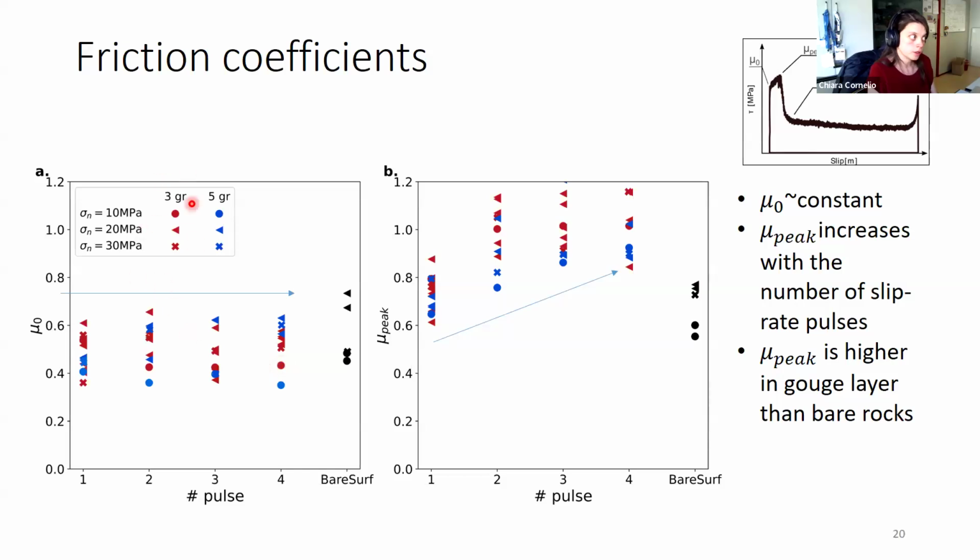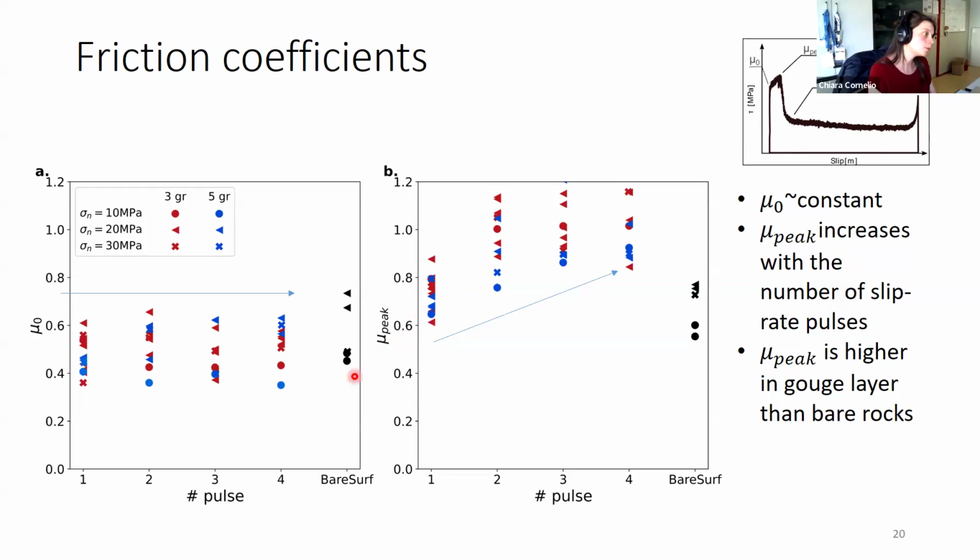In red are the results for 3 grams, in blue the results for 5 grams, and the symbols are the different normal stresses that we impose. So the yield friction is not changing with the number of pulses, and is basically similar to the bare surface result,